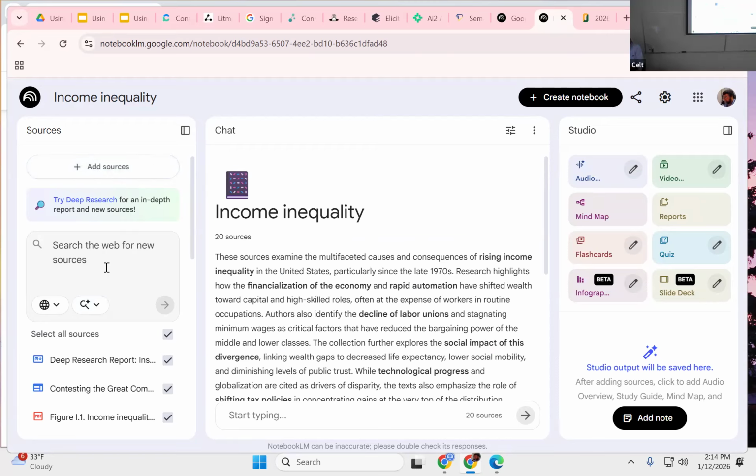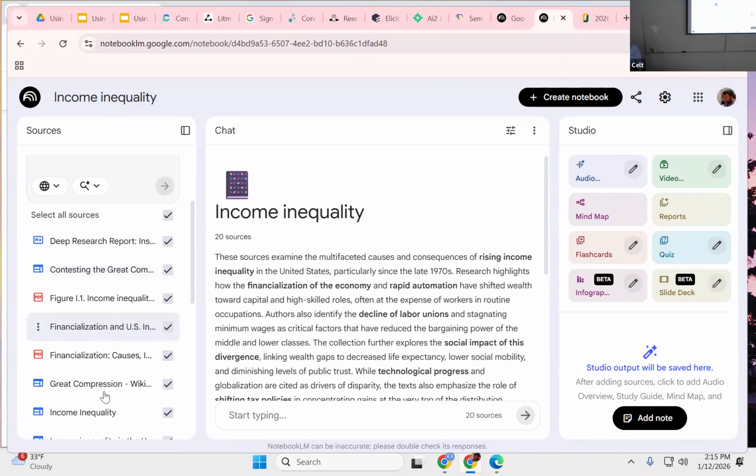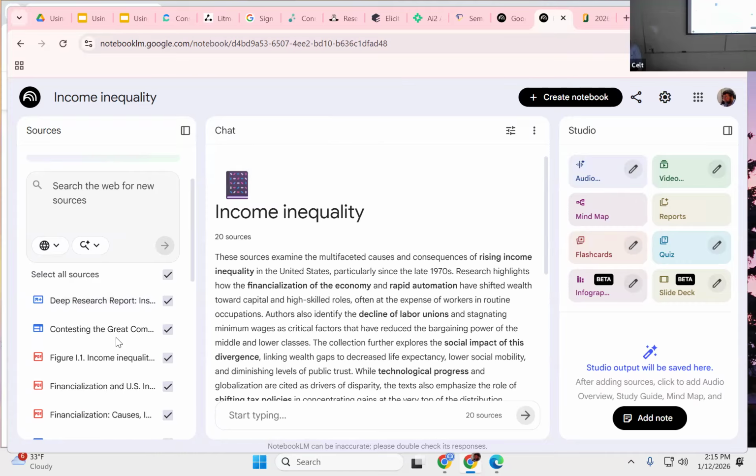But one of the options here is you can search for new resources. You can either search the web or you can search through your Google Drive, since this is a Google product, and you can choose either a fast result to get some really quick results or deep research. And if you're doing any serious research, I would suggest doing the deep research. The question I gave it was, what has happened to income inequality in the US over the last century, and why? And so it found every one of these resources here, and it gives you a list of those,